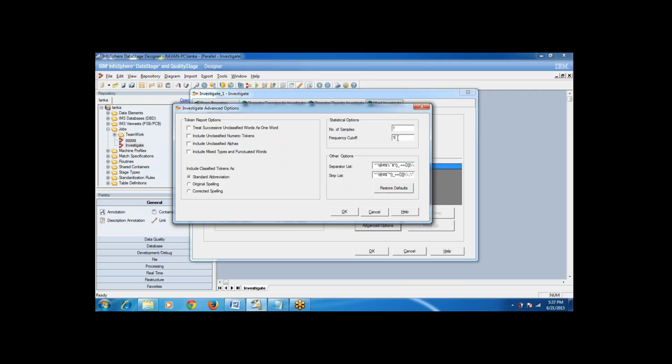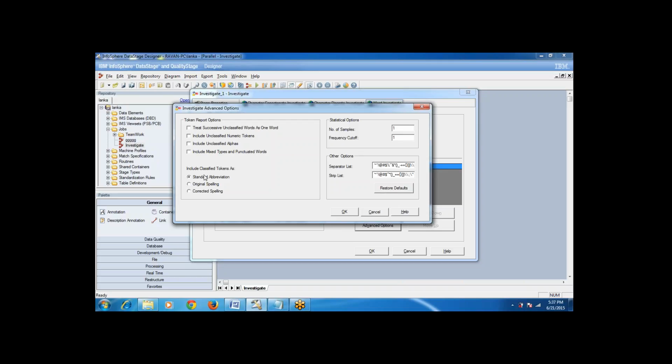If you put 1, you can see almost all patterns. If you put 2, you can see the patterns matching 2 or more records. Those are the two options we have here.